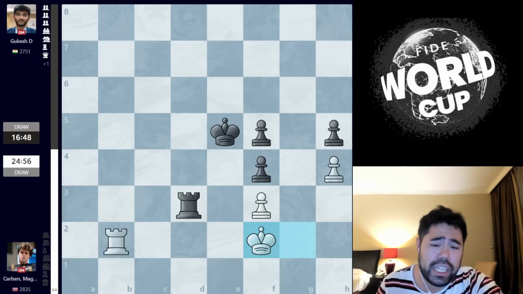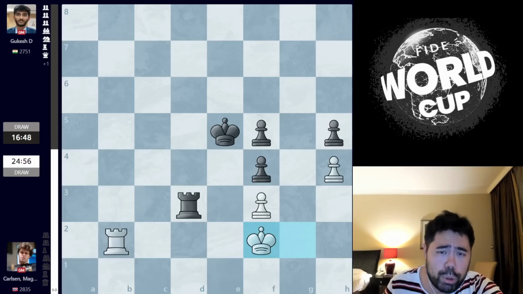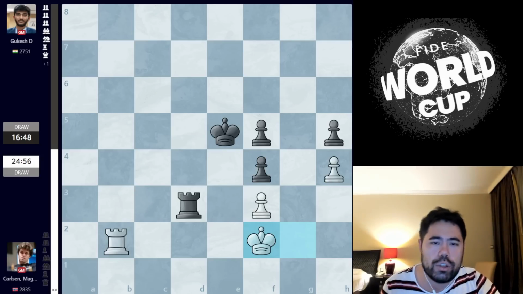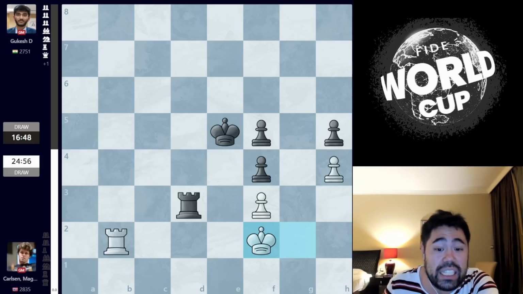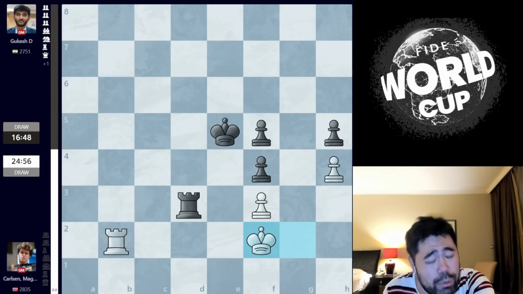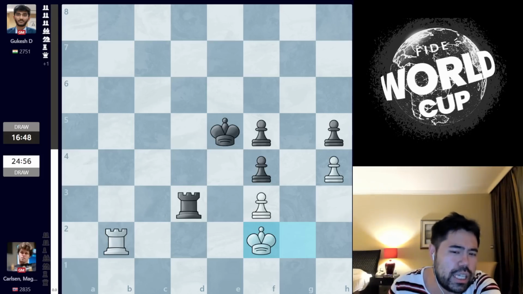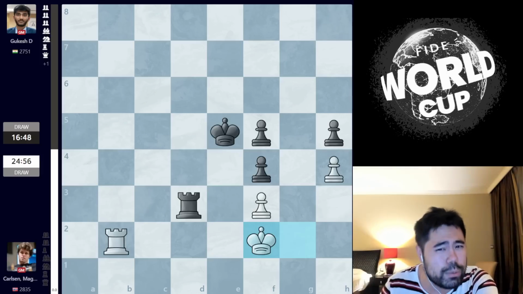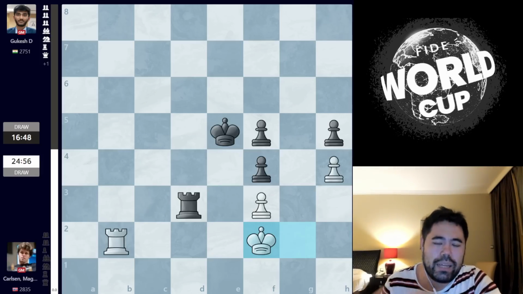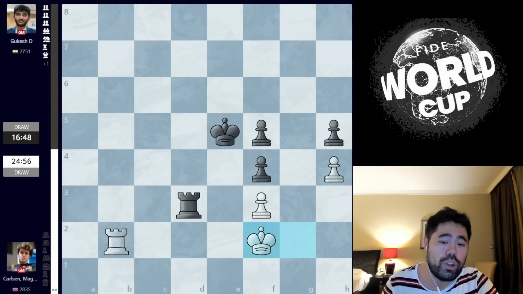A very scary game for Magnus at times. But when push came to shove, he showed his great resilience, great defensive resources in the endgame, does not panic, does not lose control. He's able to save it, and he does advance. Not miraculous, but one of the first few times outside of the match against Cameron where I felt like Magnus was being maybe a little bit too optimistic, got a little bit carried away, but when it came down to it, he showed why he's the best player in the world by locking it down, even though it felt like it was slipping away.